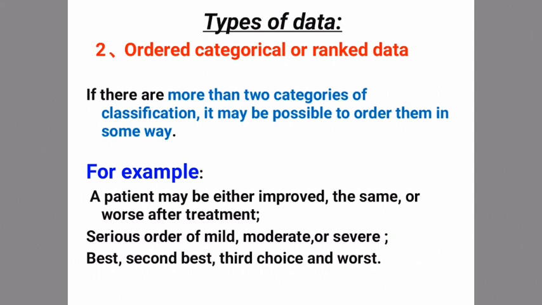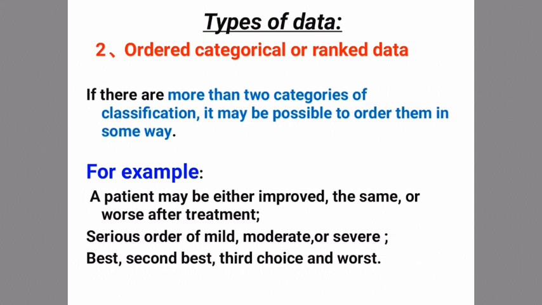Ranked data is also marked by different categories. Strictly speaking, ordinal data is nominal data, but this type of nominal data has more than two categories, three or more, and those different categories can be ordered. So we named it ordinal data or ranked data. For example,